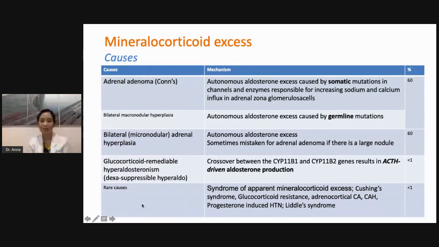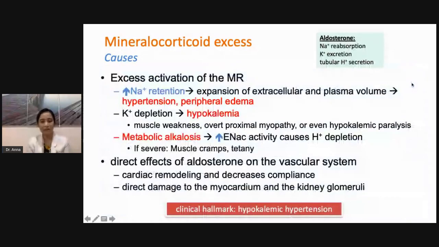And these are other rare causes. So all of these are rare. The most common cause will still be your adrenal adenoma, 60%. Okay? So what happens if you have mineralocorticoid excess? If you have mineralocorticoid excess, remember the effects of your aldosterone is to increase your sodium reabsorption, increase potassium excretion, and increase tubular acid secretion. No? So if you have a patient with